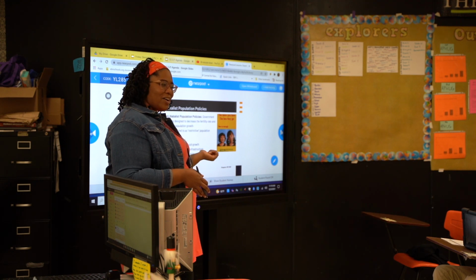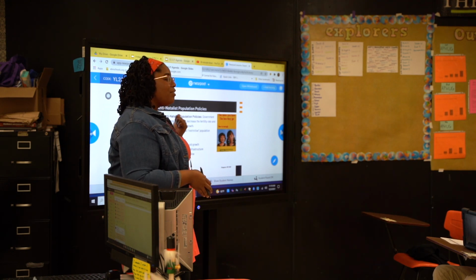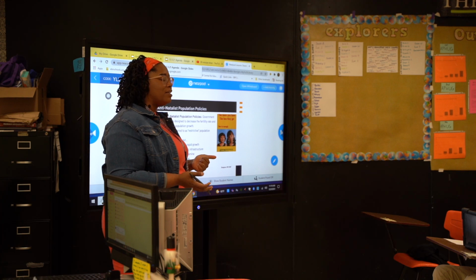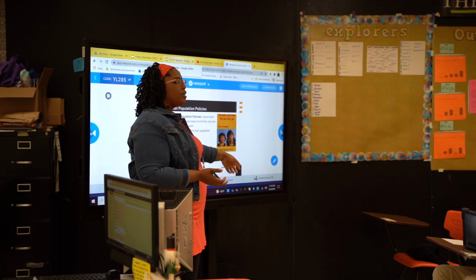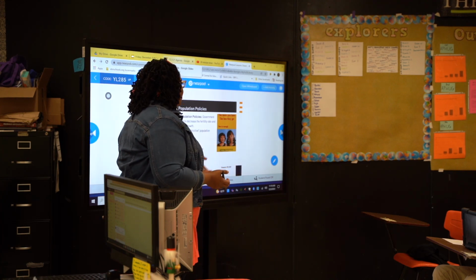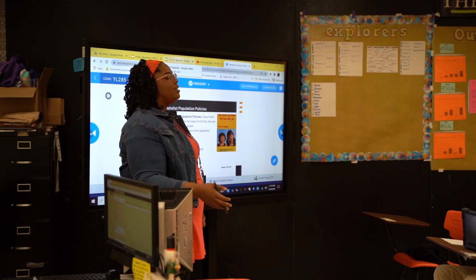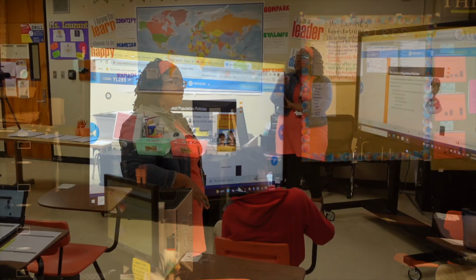So here's an example of a campaign that happened in Singapore in 1972 to 1987. But didn't we just talk about Singapore, right? Now they're encouraging people to have kids. But 40 years ago, they were saying, hey, the more you have, the less they get. 2 is enough. 2, okay?